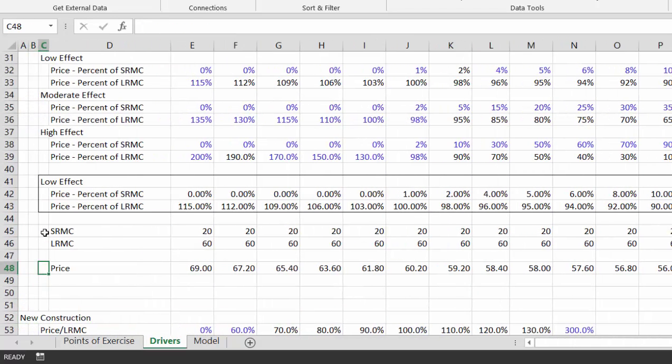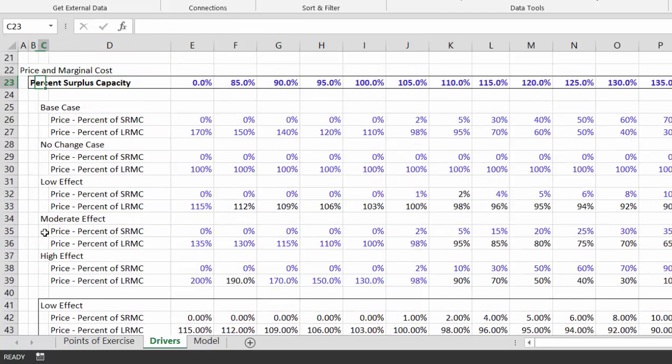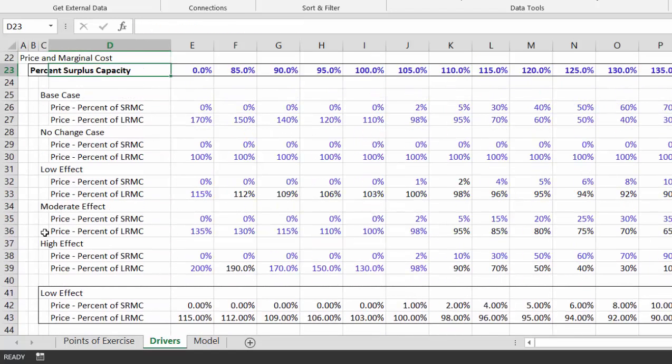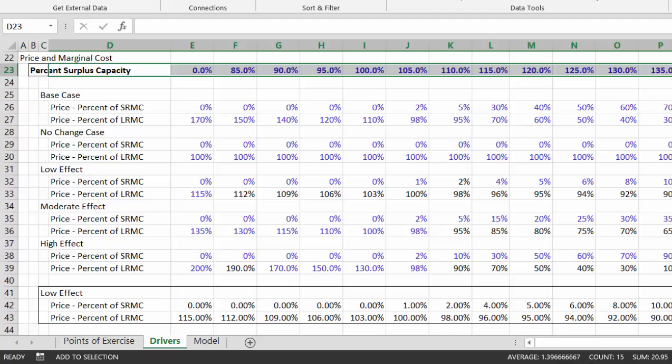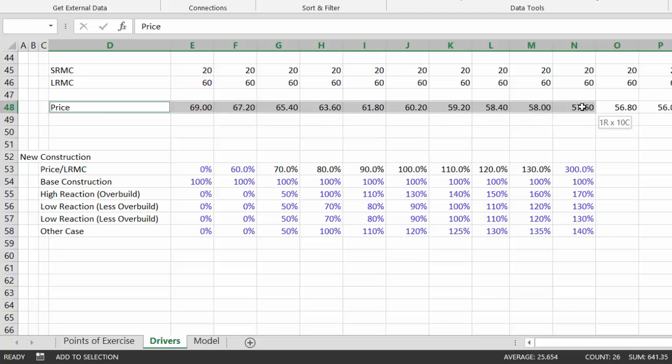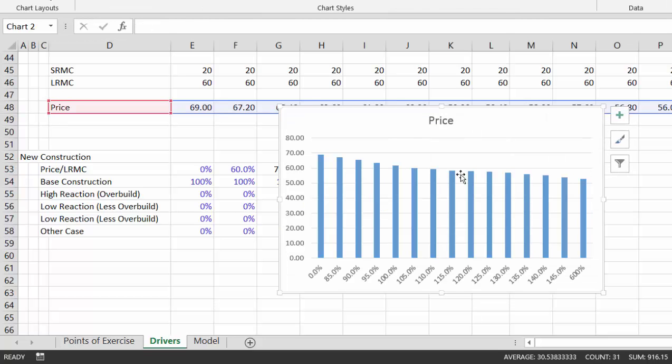So that's the price. And if we want to graph the percent of surplus capacity, we want to leave that blank and put that on the x-axis and graph that against the price. So we can go up to this, Shift Control right arrow, press Shift F8, that's like pressing the control key. Be very careful with this. Because if you don't use the mouse on this one, it will do. So that's our price compared to